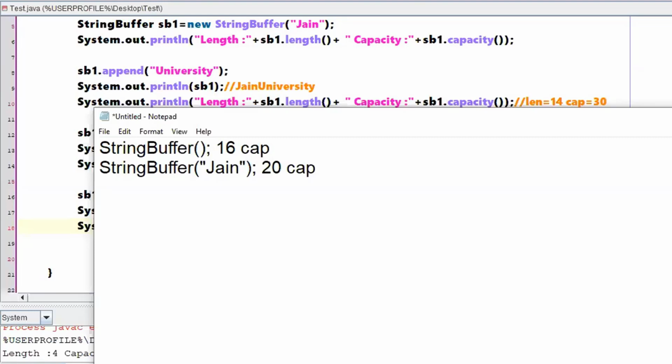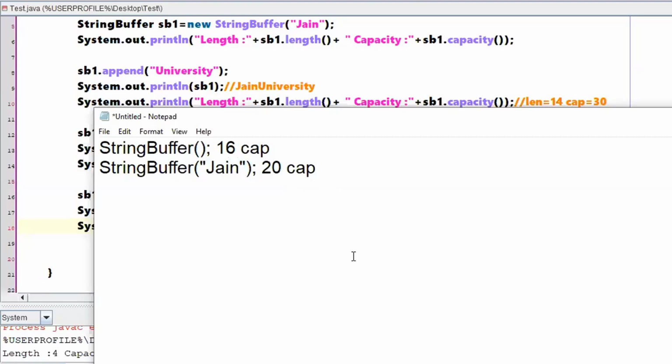Once this has been declared, you are creating an object using a string buffer, right? And what you have said is, I want a string buffer object with this particular value by default. That means initially you take this value and create me a string buffer. It has created a string buffer for you by initializing these 4 values in it, and it has got 16 spaces extra also, right? So that is the reason why the capacity is 20. So till now everything is fine, no doubts with respect to this part.